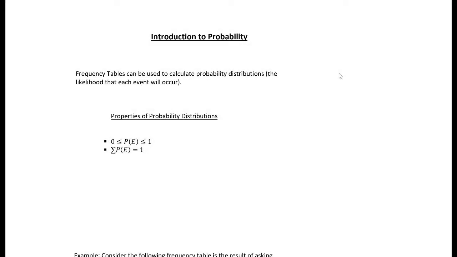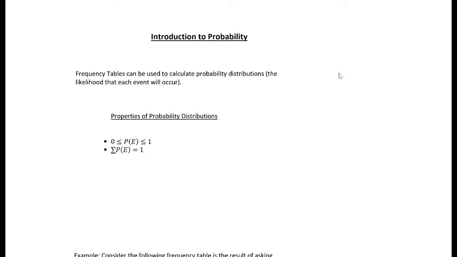All right, in this video, we're gonna have a nice little introduction to some probability concepts. In the last unit, some videos back, we discussed frequency tables. You remember frequency tables where you had your different data values or classes, and we had the associated frequencies. We could use those to calculate what's called a probability distribution. A probability distribution is basically just a listing telling you the likelihood, or the probability, that each